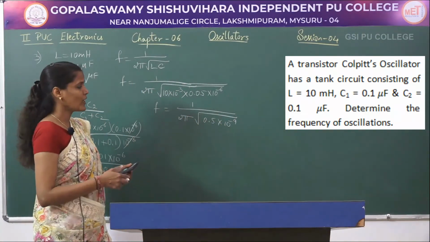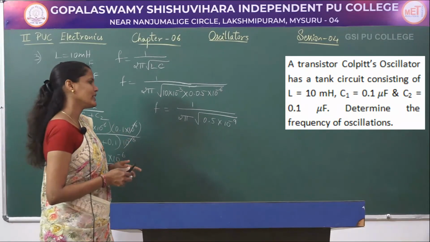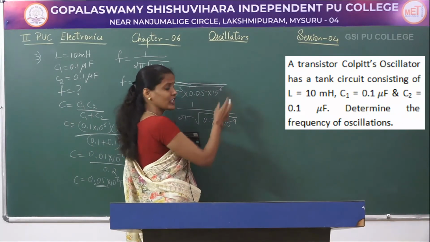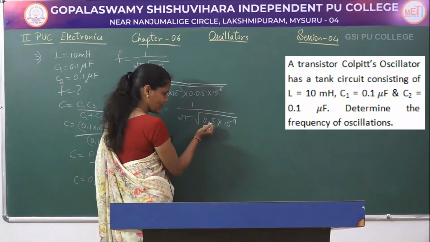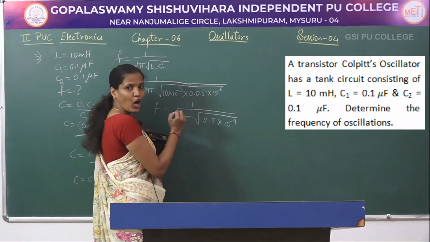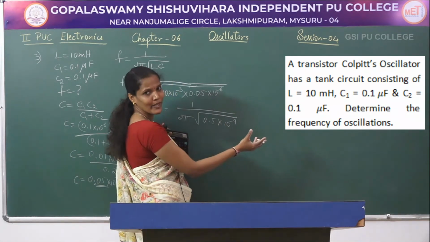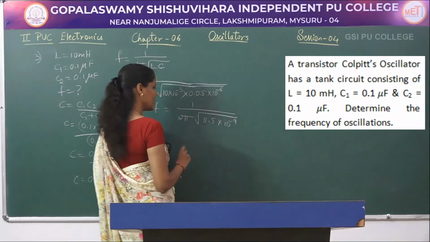But 10 to the power of minus 9 cannot be divided into exactly 2 halves. So what we are going to do is, I can either convert this 10 to the power of minus 9 into 10 to the power of minus 8 by shifting this decimal point towards the left, or I can convert this 10 to the power of minus 9 to 10 to the power of minus 10 by shifting this point towards the right by 1 place.